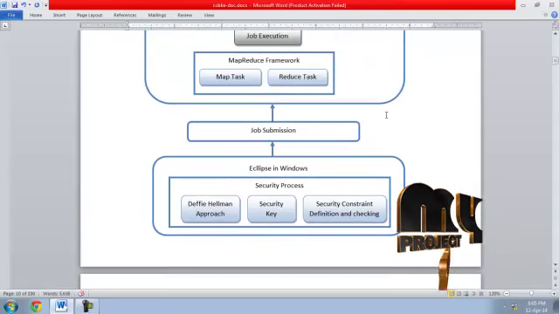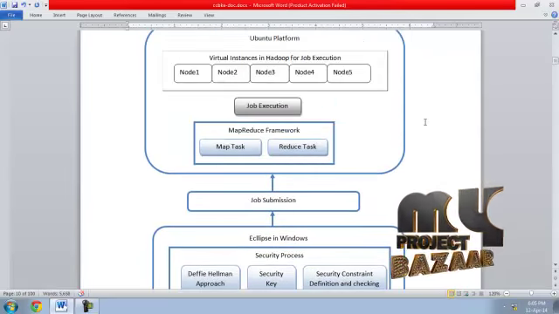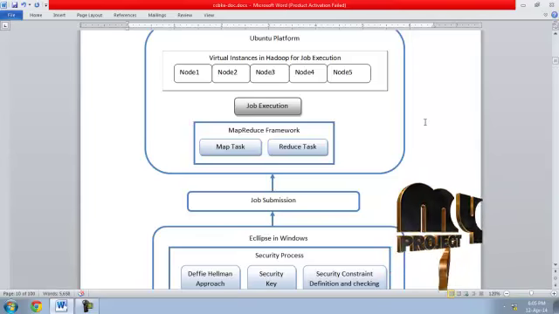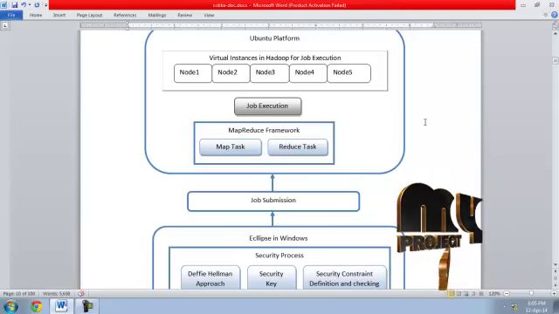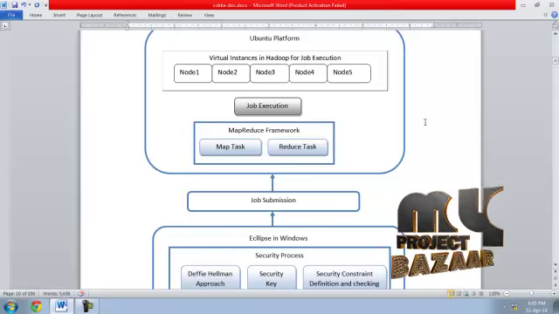After the job is submitted, the file has to be split, and the split file is encrypted with a symmetric algorithm like the AES algorithm. After that, each file is stored in separate nodes.